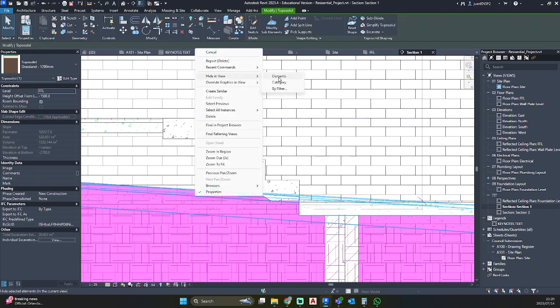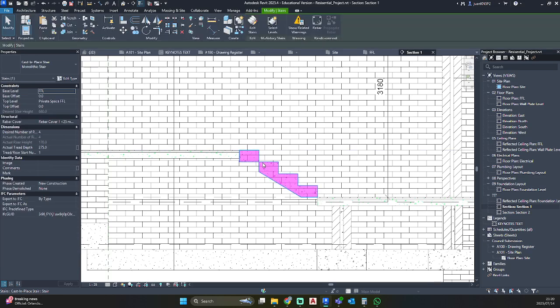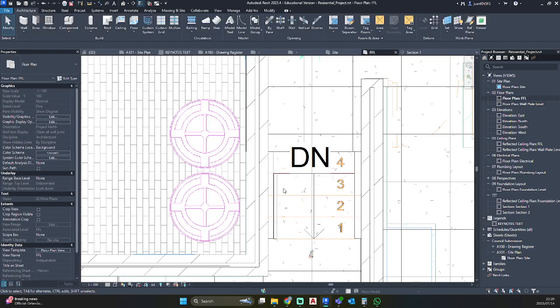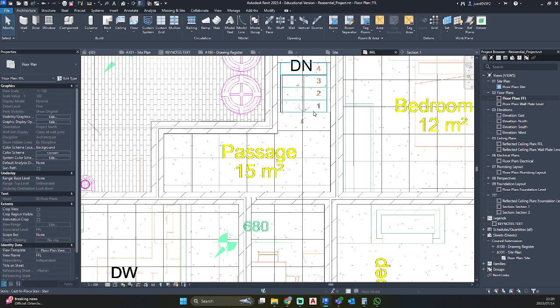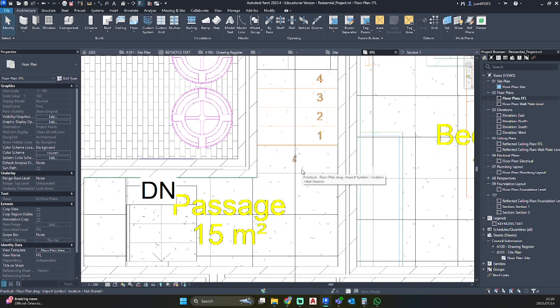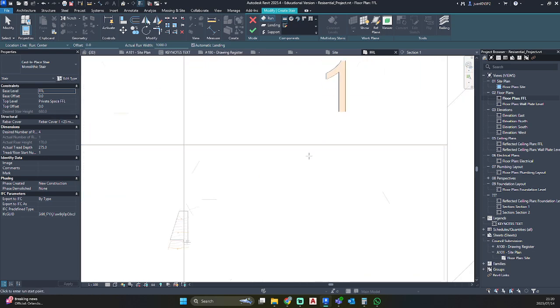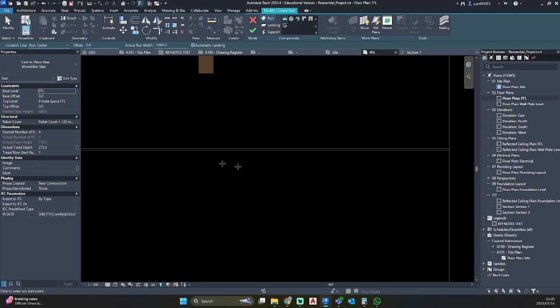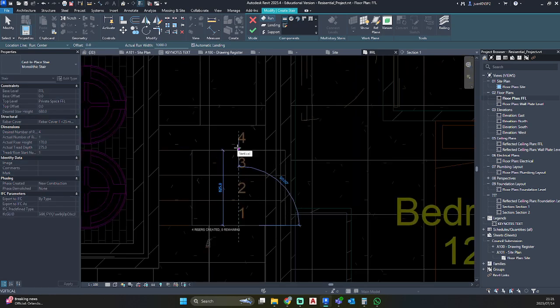Just going to hide the site. Wonder why this is not steering like the way it is supposed to. I'll try and redraw it quickly. Let's see if I can find what the problem is.